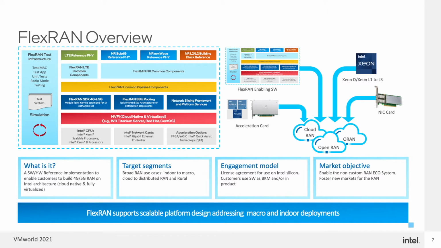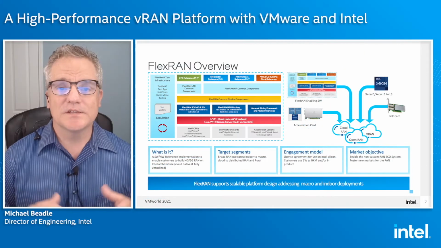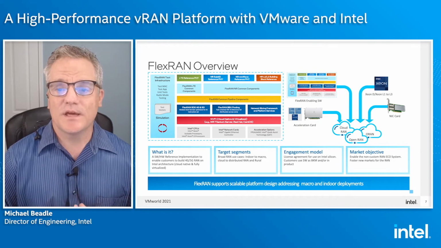In addition to that, FlexRAN test infrastructure is provided. So you can test on a modular level, block by block, or you can test the pipeline as a whole. We can also do ORAN integration testing, like for the fronthaul with Working Group 4 to verify that, or we can also do standalone testing of the accelerators so that you can identify component by component performance, functionality, stability, and then you can also see how these integrate together into the system. And so that's what comprises the FlexRAN software package.